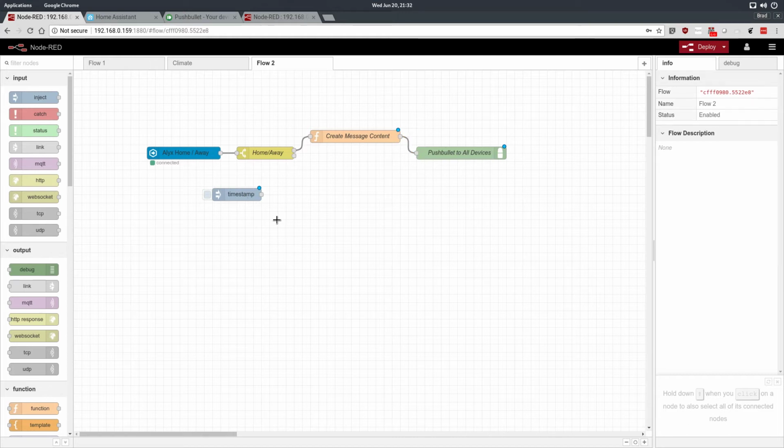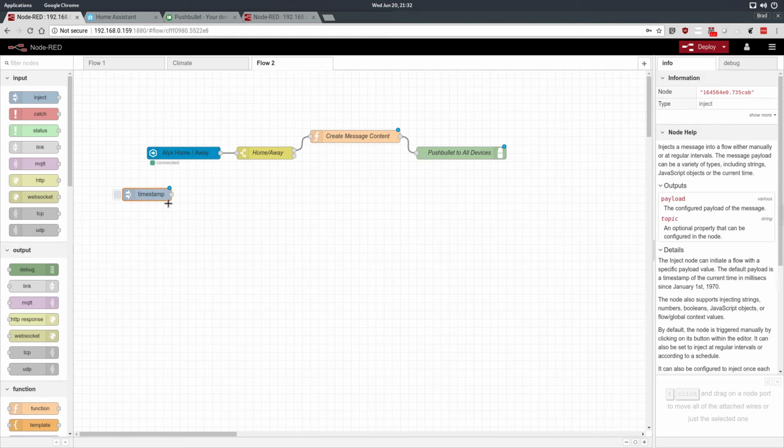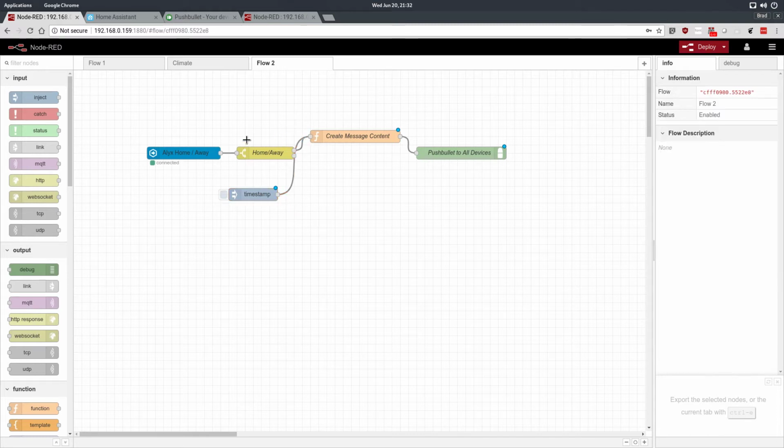Okay, so Alex's phone is upstairs, and it's also set up on a 1 hour home away timer thing. So I'm not going to be able to show you with the actual phone this time. Blame laziness, I guess. But we're going to simulate this flow going through with a home message. And we already know this works because we've set it up in a previous automation. So the best way to do that is let's just force a message flow to bypass this part that's going to take time and get to the juicy part of it where we set the message content and Pushbullet it